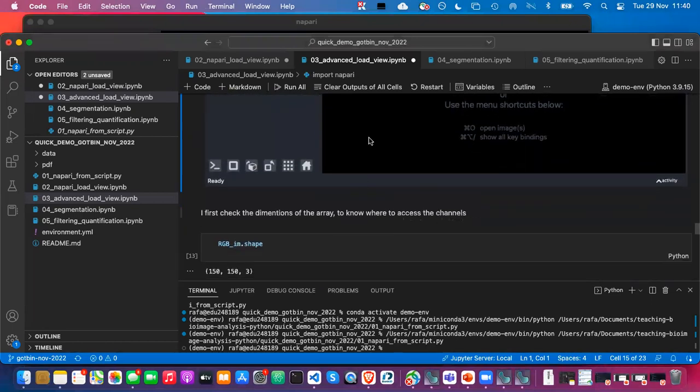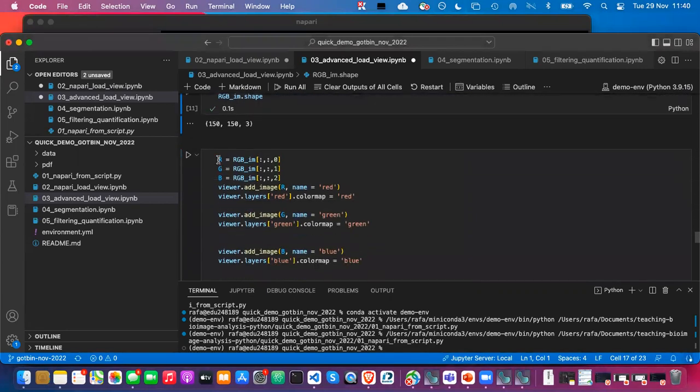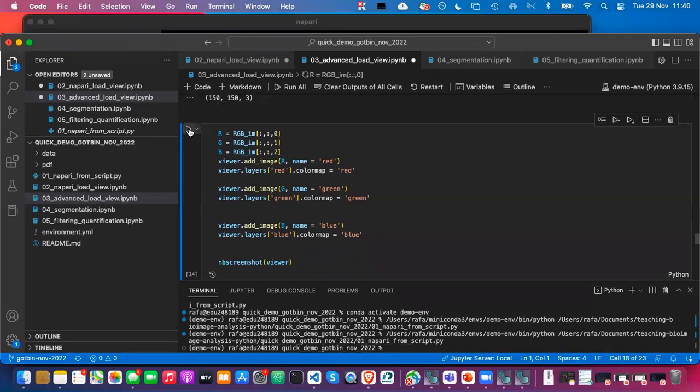So okay, now I have an empty viewer. If I check the shape of that image that I have created, as expected, now I have X, Y, and my channels are at the very end. So I have to be careful with that. Then, for example, I can extract each image, and what I'm doing is adding each one independently and setting that color map. So I'm not handling this as an RGB image, as I told you before, because if not, I don't have access to change the red, the green, and the blue as I want. So now if I do this,